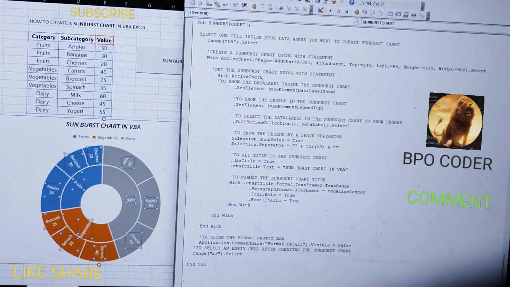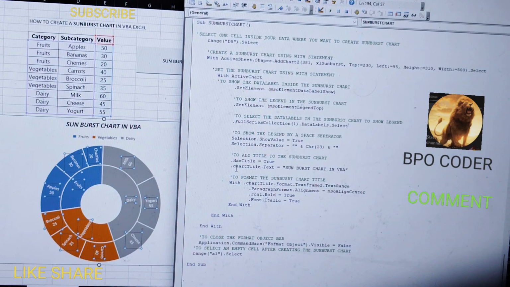As you can see, it is the active chart. So to add the title, we have to define and say that yes, I want to add the title. To say that, in the VBA language, we have to write it as dot has title equal to true,